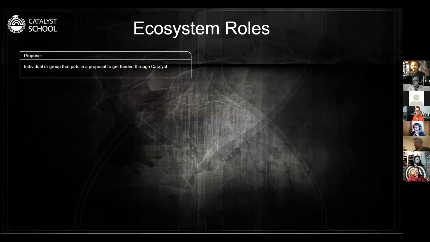But there are no restrictions on what you can submit in Catalyst. You can, for example, just submit an idea, and during the process, you can find other people that might cooperate with you and build your idea together, or you can submit an idea and find someone else who has a similar idea and already has a team. So you can just merge your proposals, for example.